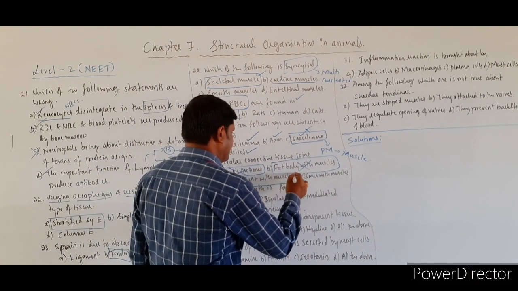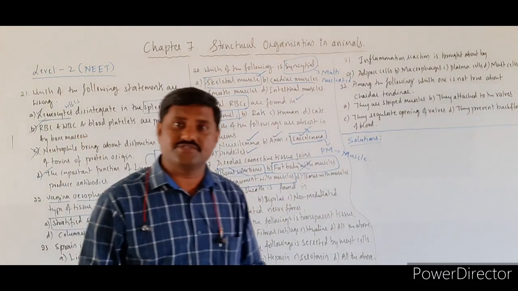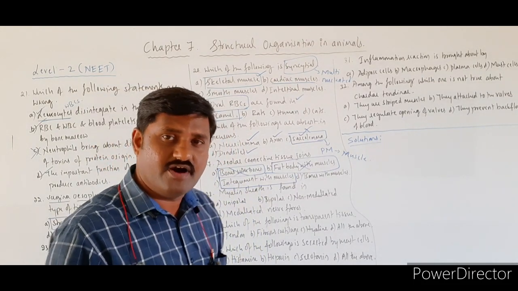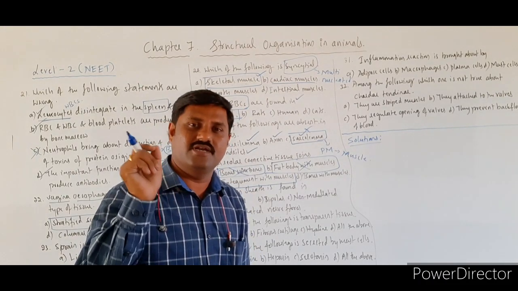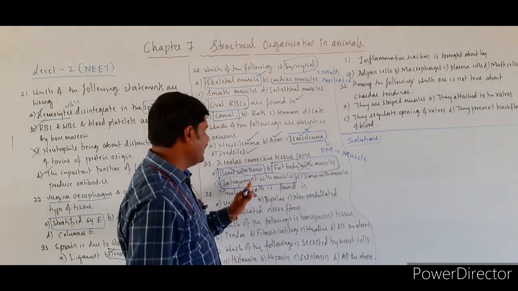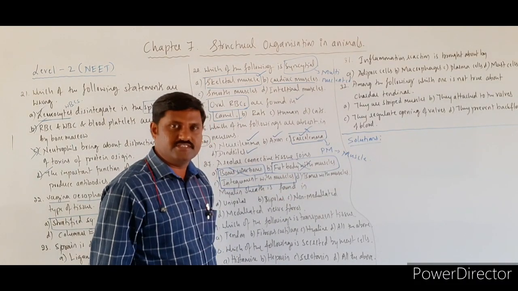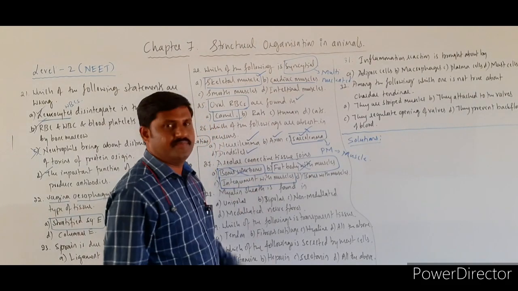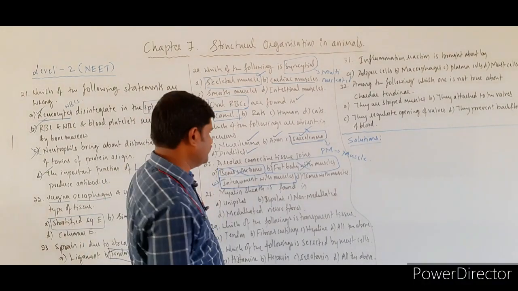Integument with the muscles. Observe this option. Integument is nothing but skin. Skin is bound with the muscles, right? With the help of what? With the help of areolar tissue, which is one of the loose connective tissues, lying under the integument and connecting the muscles. Muscular tissue is bound to the integument, or the skin, with the help of the areolar tissue. That's why option C is the right answer for this question.